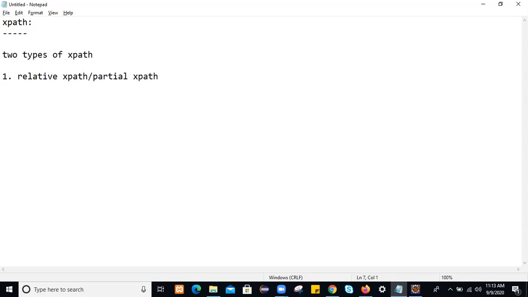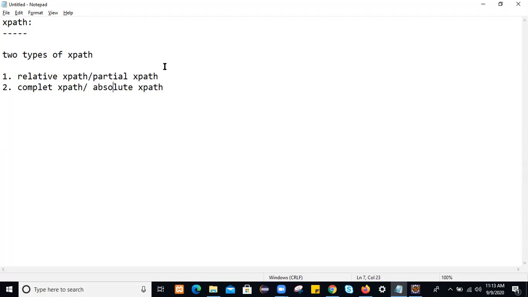As well as we have complete XPath, which is also known as absolute XPath. So what is the syntax to generate relative XPath?